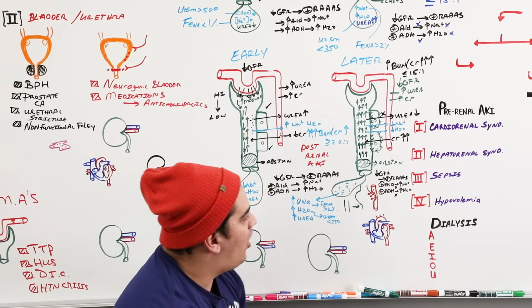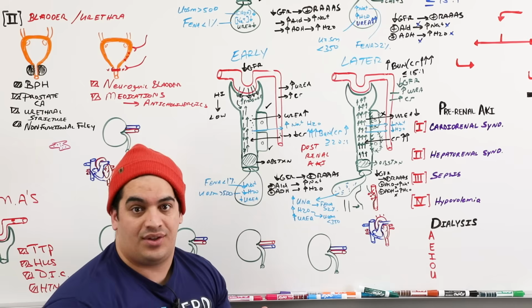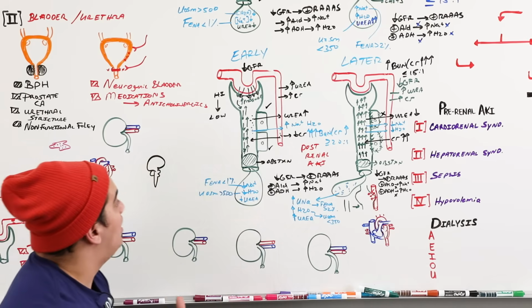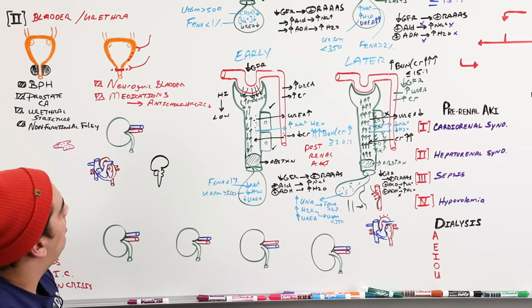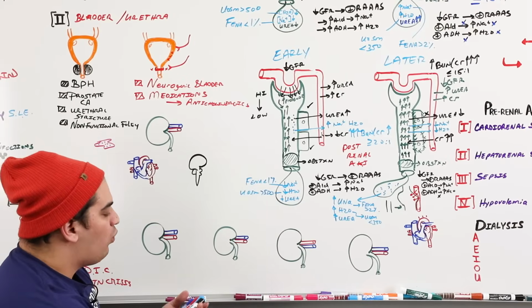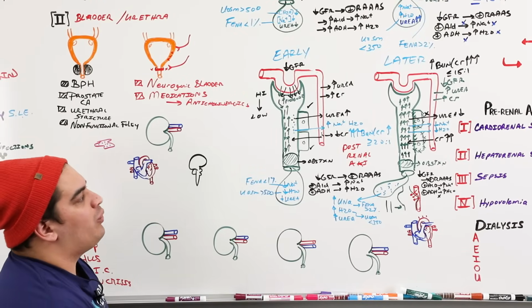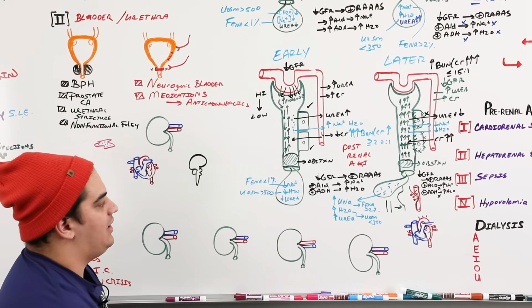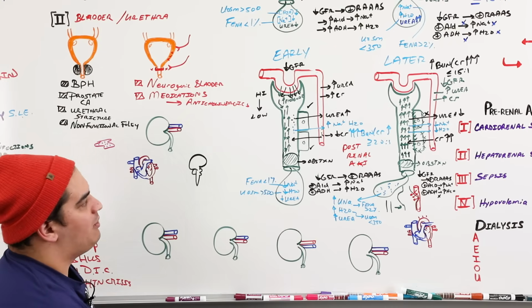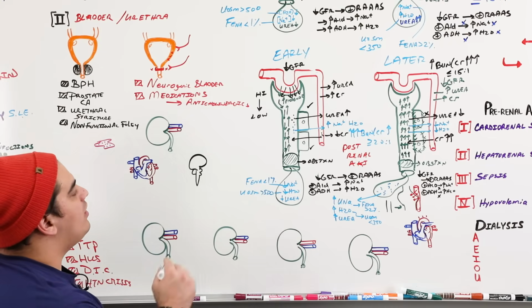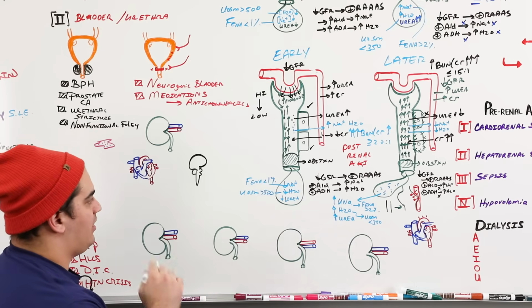The last thing that I want to talk about is complications that can happen as a result of someone having a significant acute kidney failure. And when I talk about acute kidney failure, this is really mainly intra-renal AKI that's going to produce these nasty complications. Not as much pre-renal AKI and nowhere near as much as post-renal AKI. So what are some of these complications that I want you guys to think about?